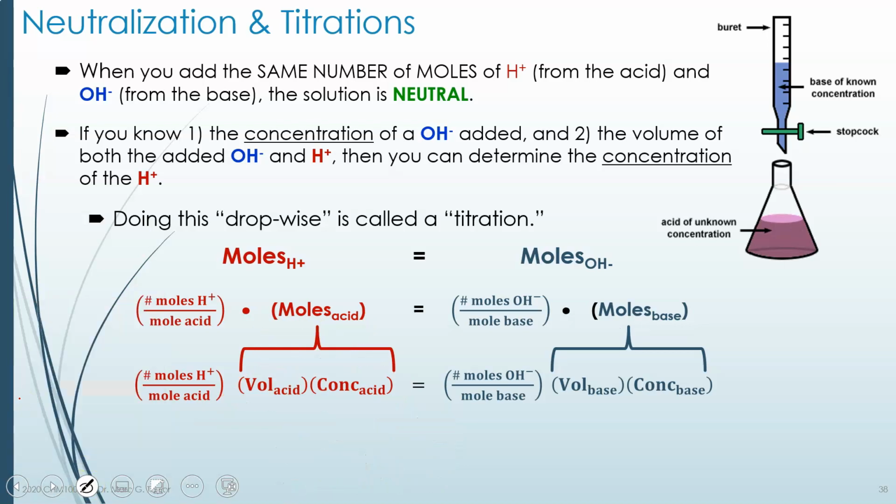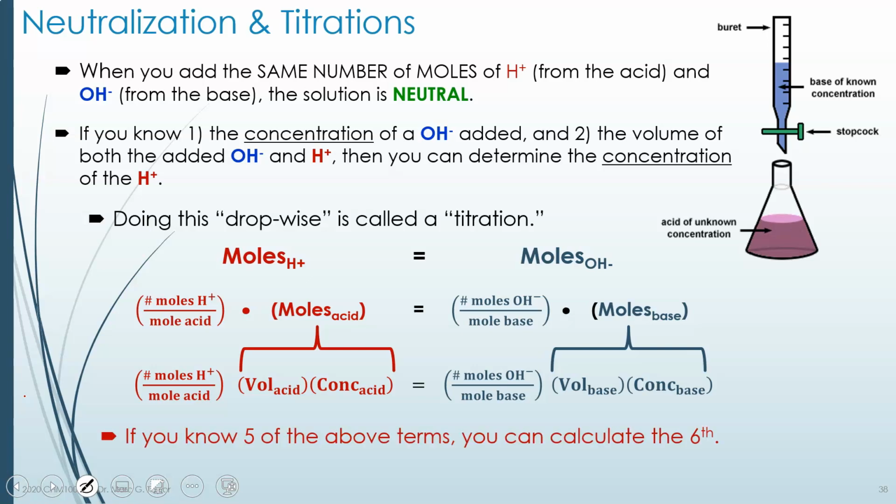And likewise, with the base, we're multiplying volume of the base times the concentration of the base. That gives us how many moles of our whole base formula. And then if each base has 2 hydroxides, we multiply it by 2. If it only has 1, we multiply it by 1. And nothing changes. So here's your formula, and